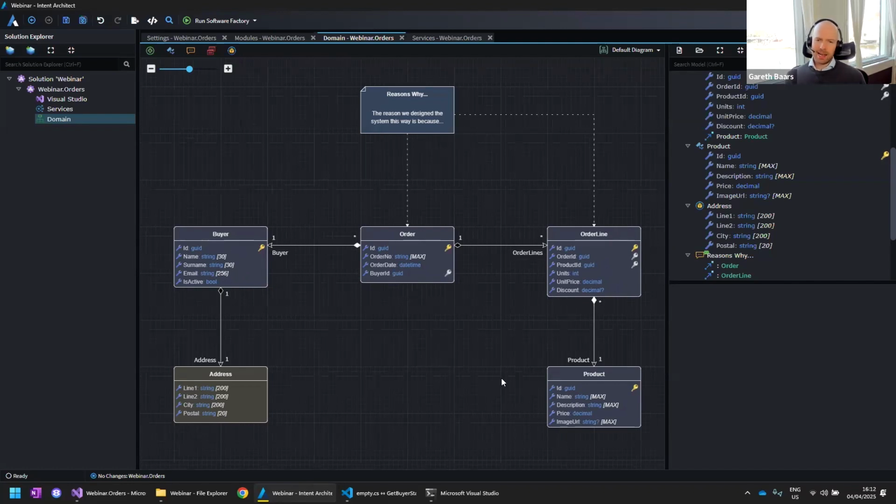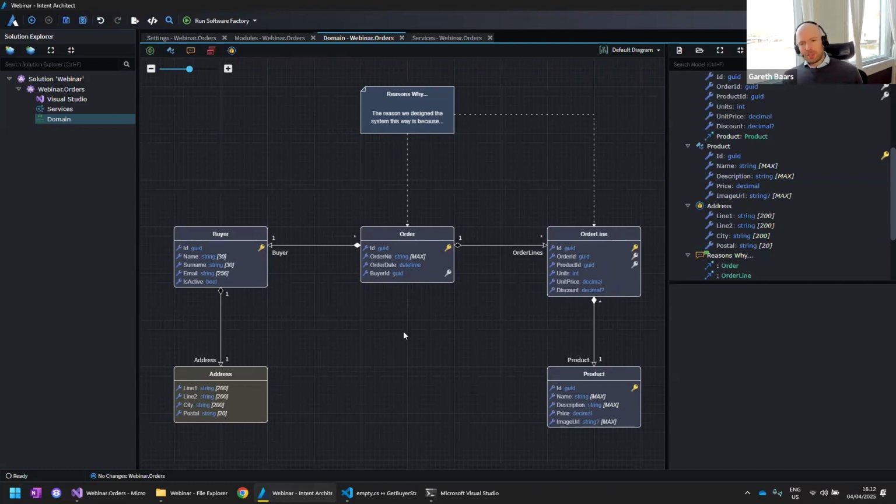They can see the exact design, as in they know with 100% certainty in their code base, for example, in this one exists a product, an order line, an order, a buyer, an address with these fields, with these relationships, and that it's all implemented perfectly according to the architecture and the patterns that we picked as a team when we decided what modules we wanted to run for this particular application.